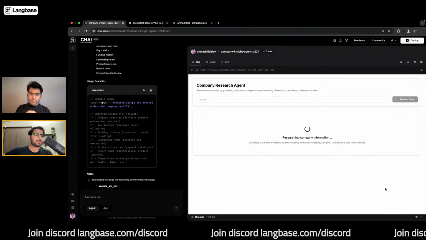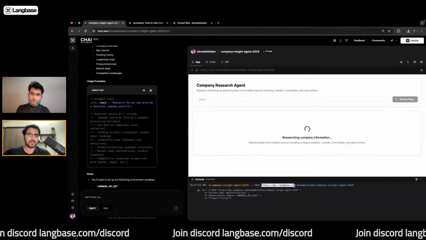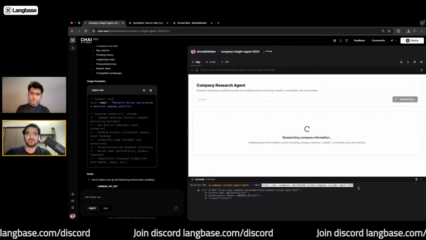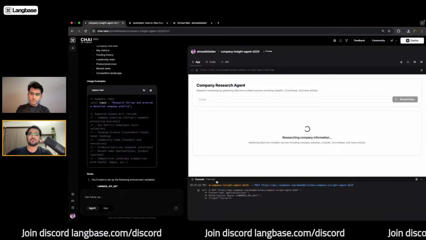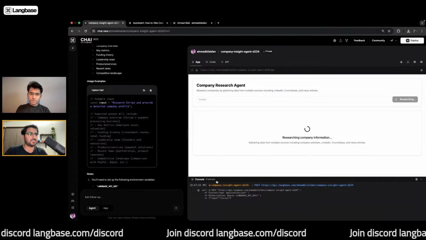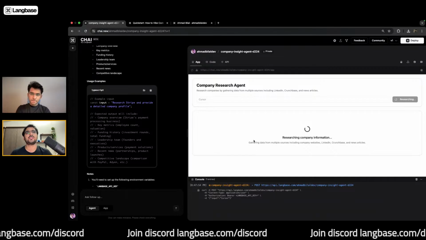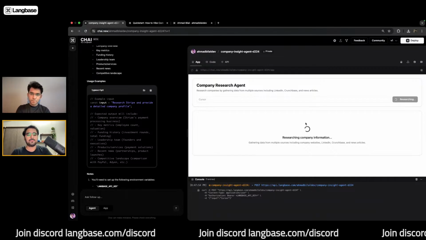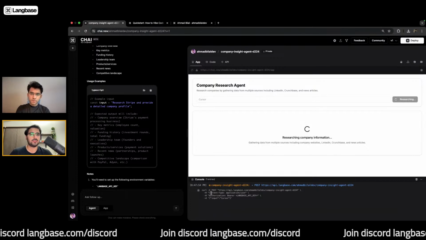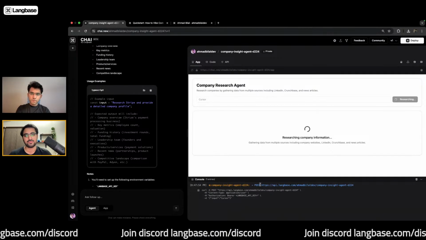All right, so what's happening is it has sent a request to our agent, which is currently deployed and live on this serverless API endpoint. And the console feature here is a neat way to give you observability into all the API requests and responses going to and from your agent app. There can be situations where your agent app may not show you the correct error if it occurs. So you can see all the API responses here to possibly debug your agent if there is an issue with it.